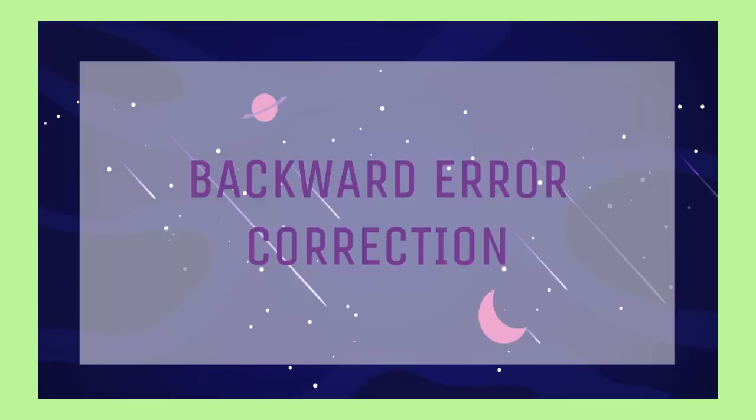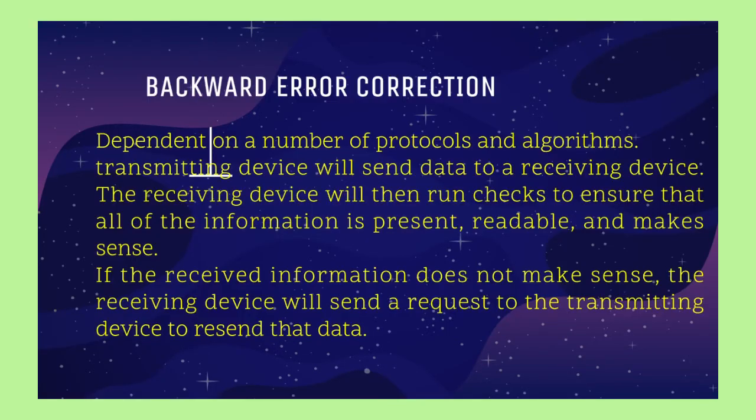In backward error correction technique, it is dependent on a number of protocols and algorithms. The transmitting device will send data to a receiving device. The receiving device will then run checks to ensure that all of the information is present, readable, and makes sense. If the received information does not make sense, the receiving device will send a request to the transmitting device to